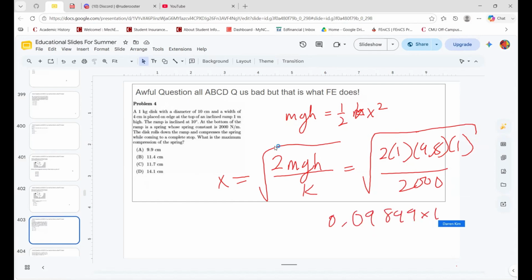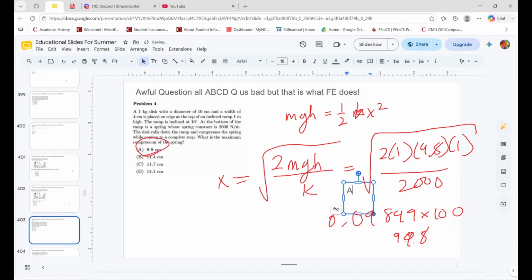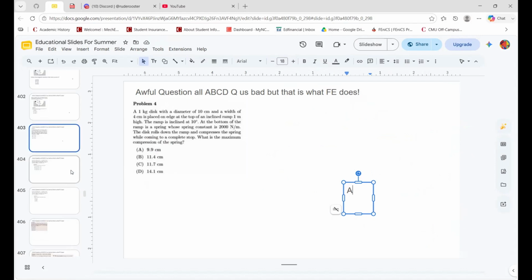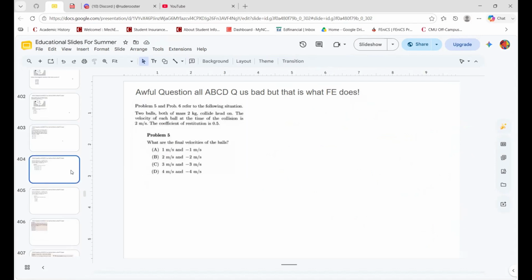Okay, I get 0.09899 multiplied by 100 because that's cm, this is millimeters. So that's 98.9, which is 99 if you round it, so it is A. Still don't know what the point of some of the question is. There's a bunch of extra information that I did not need, and the wording was off. But anyways,